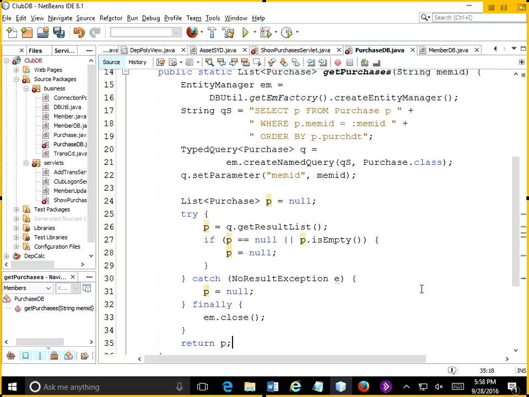Okay, so we're returning either a list, if we get one back, or a null entity. And at this point, we're only considering the member ID as our where condition. We will improve upon that in due course. Okay. Show purchases servlet. So we're at a point now. We still need to go back to the member update servlet as well to consider the date issues. But if we